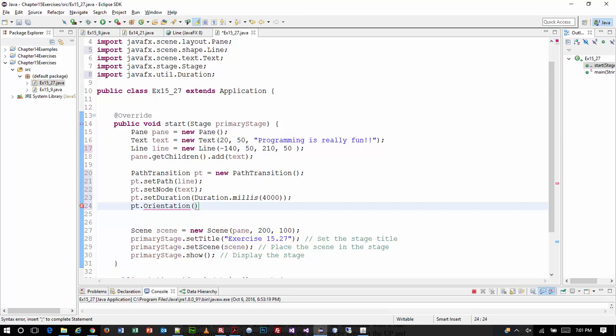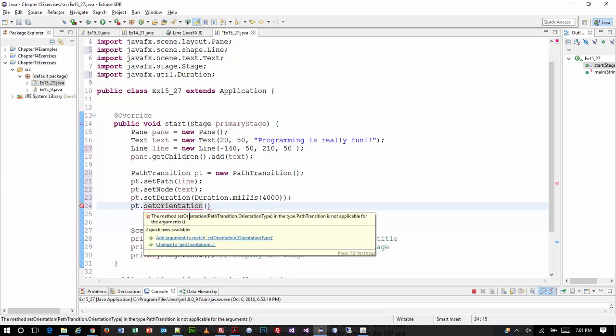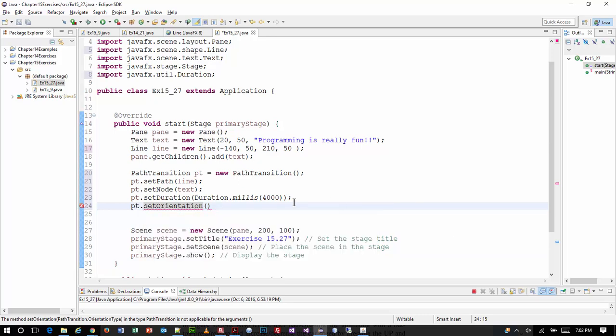All right, so set orientation. Oh, I didn't type set, did I? Set orientation. Let's bring the library in. Right, okay, so it's asked me to fill in the rest of it. All right, let's just actually go ahead and start typing it in. Path, transition,